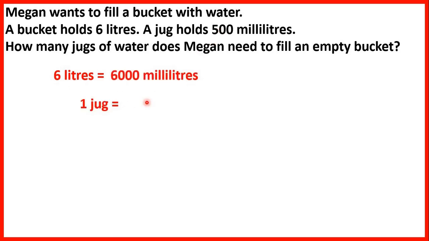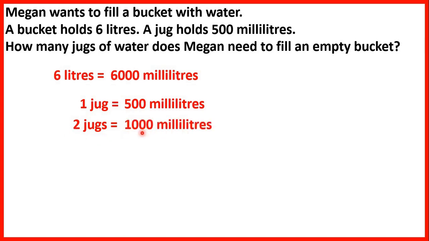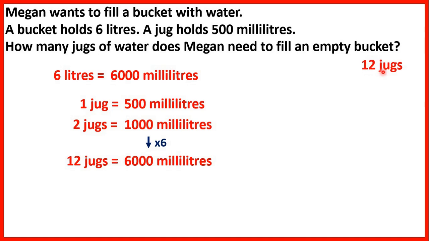But 1 jug is 500 millilitres. So to work out our answer, we could divide 6,000 by 500, or we could count up in 500s until we get to 6,000. So if we know that 1 jug is 500, that means 2 jugs is 1,000 millilitres or 1 litre, because 500 times 2 is 1,000, and we want 6,000 millilitres of water, and 1,000 times 6 is 6,000. 2 times 6 is 12, so Megan needs 12 jugs to fill an empty bucket,